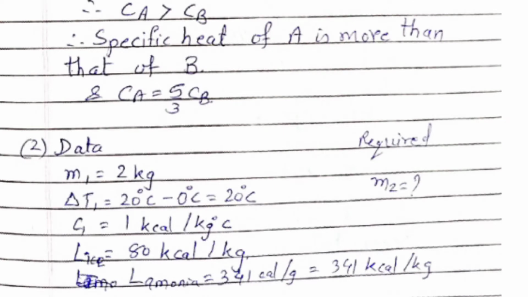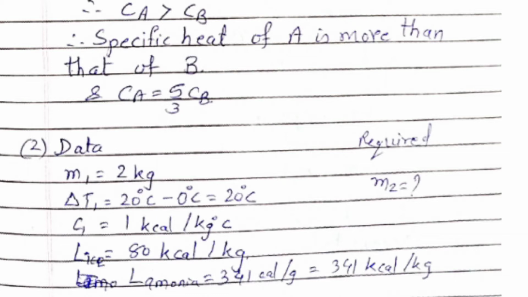The liquid ammonia is used in the ice factory for making ice from water. If water at 20 degrees Celsius is to be converted into 2 kg ice, what is indicated here is that I have the mass 2 kg, let M1 be 2 kg. Present temperature was 20 degrees Celsius, but ice will be made at 0 degrees Celsius. So what is the temperature difference I have? 20 minus 0, that is 20 degrees Celsius.